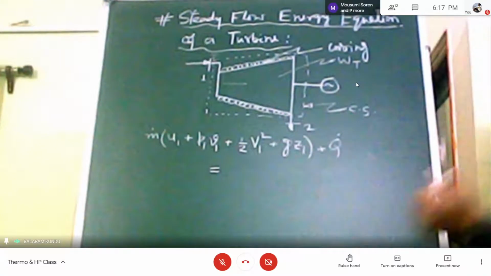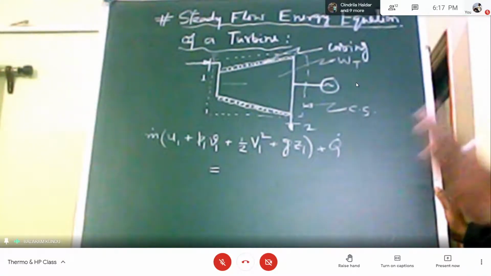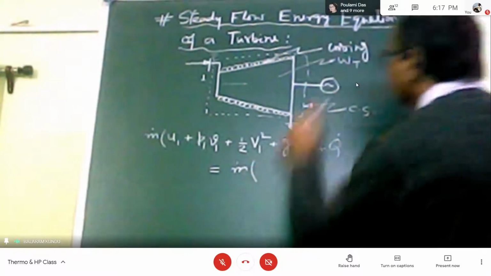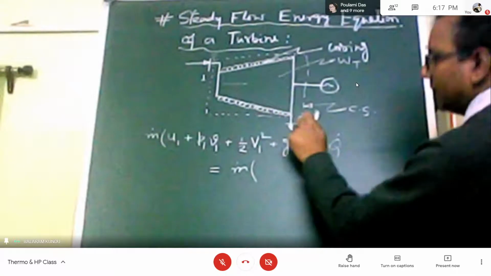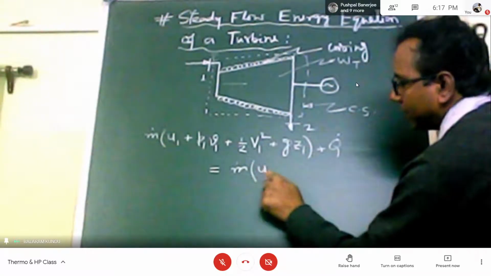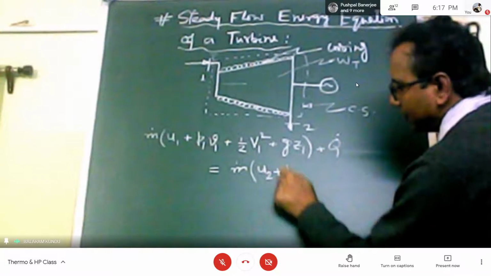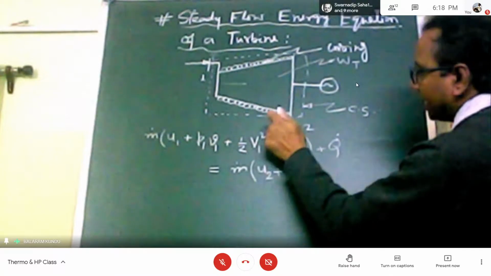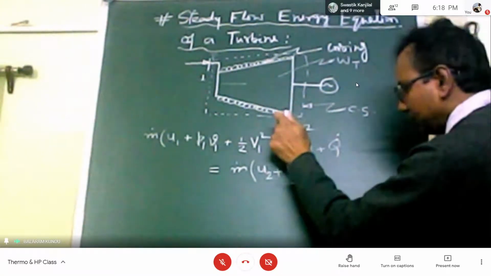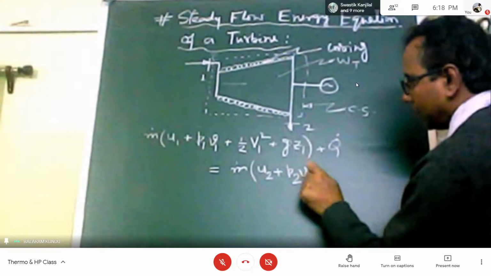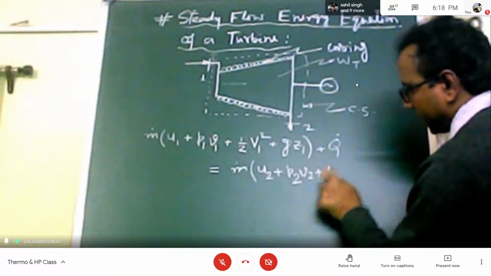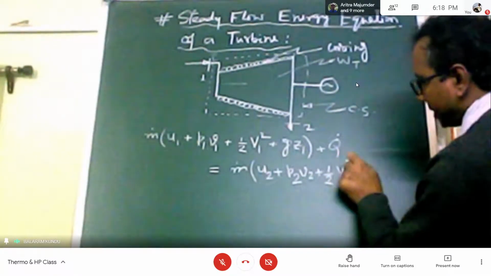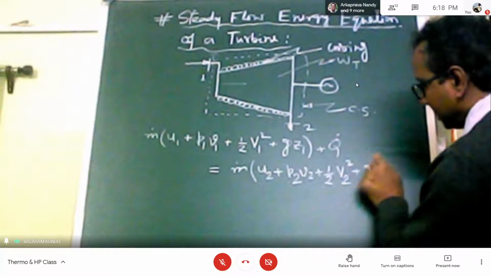Under steady state, the mass flow rate m dot remains the same, so m dot into, at the exit at state point 2, the internal energy U2 plus flow energy P2 V2, with pressure P2 and specific volume V2 at the outlet section, and kinetic energy half V2 squared plus potential energy g Z2,